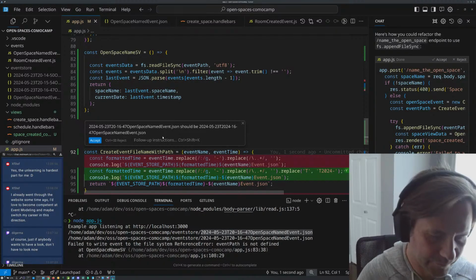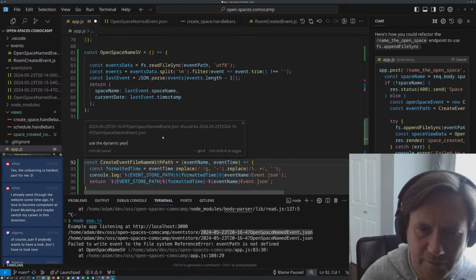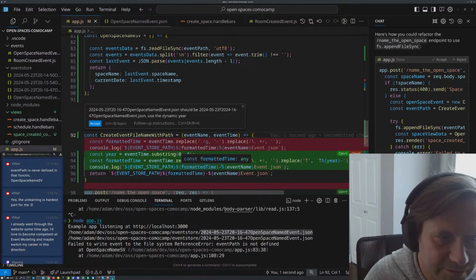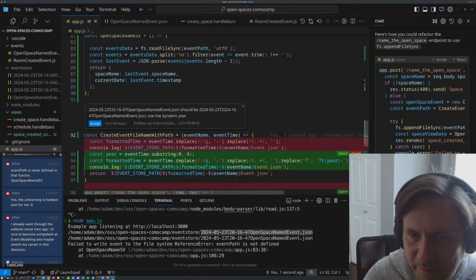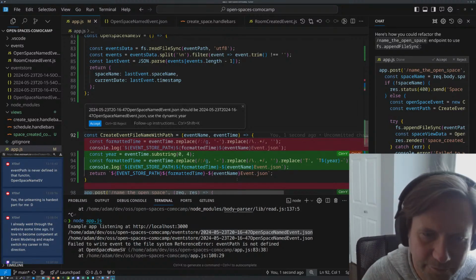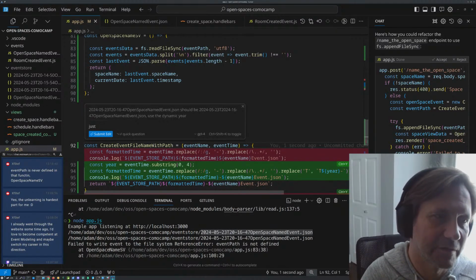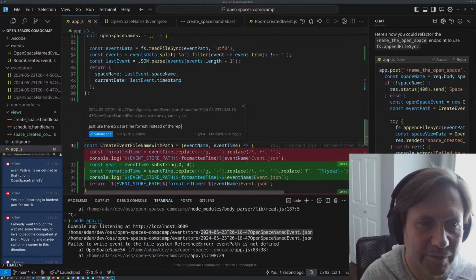No. Use the dynamic. Oh, that's really gross. What is it doing? It looked so nice before. Horrible. Okay. Just use the ISO date time format instead of the replaces.